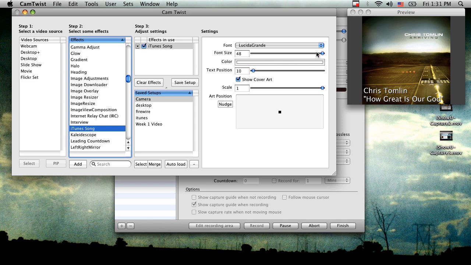Now we could scale this text up and show the text in there. I don't personally think it looks very good. You can't read it very well. We could make some space at the bottom to throw that text, but at the end of the day, I think the artwork does the job just fine. So we're going to take our text position and roll this text right off the page so you can't see it. So we're just seeing the artwork.